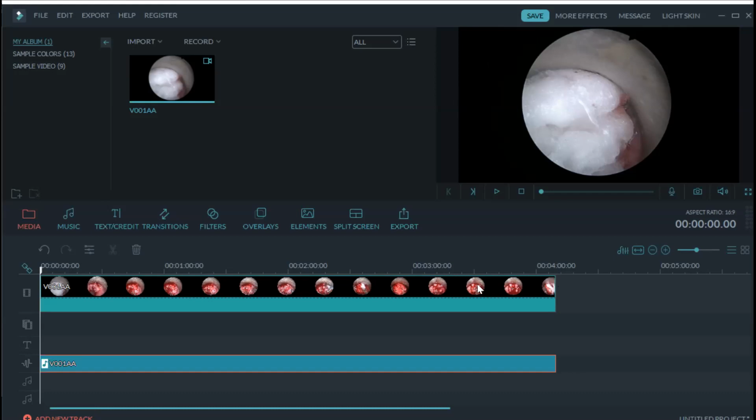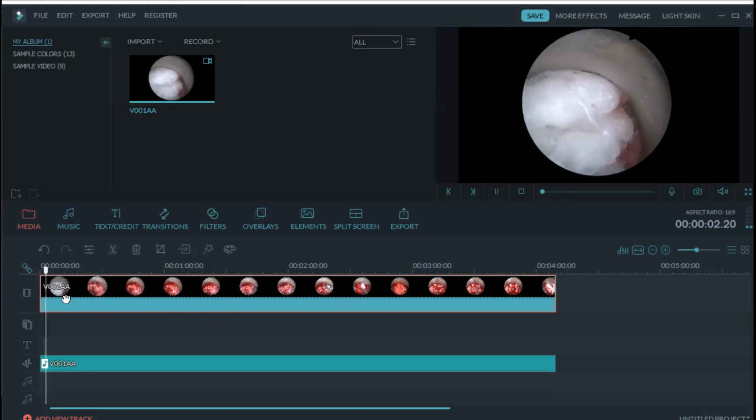If I want to edit, I select this. Once you click on the video, your file gets selected here. Once you select the video for editing, if you press the space bar, it will start moving. See, now it starts moving.